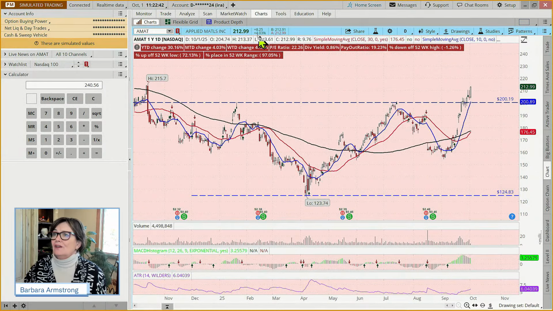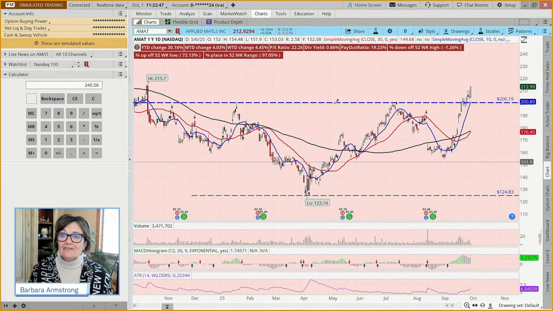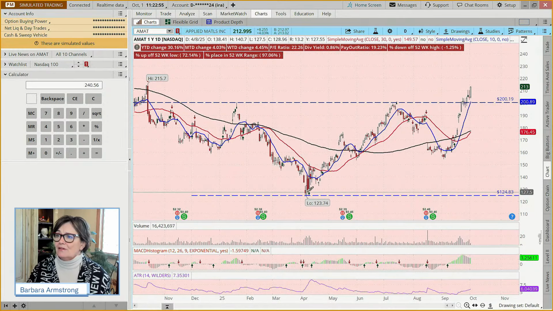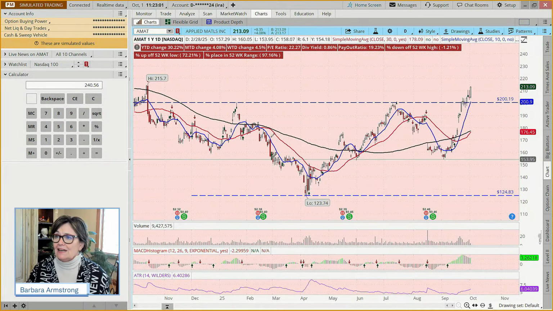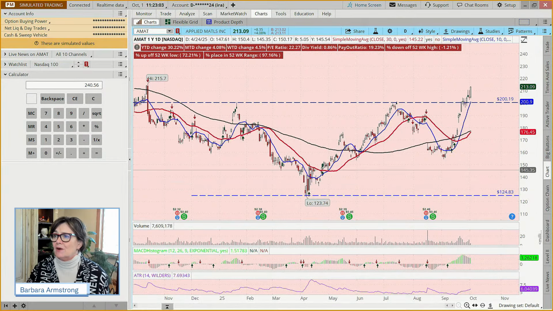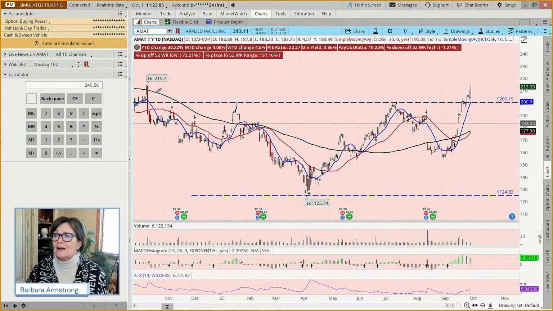And then moving pretty dramatically to the upside today. And so some might say, well, I've missed it, Barb. Like, it's already up 4%. This is crazy. And you might say, shouldn't I have bought it up here around 124? Well, if your crystal ball was working, absolutely. But we didn't. And who knew when it came up here that it was going to roll back over and continue rolling on down the hill?